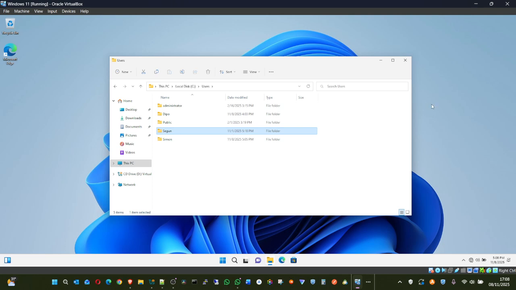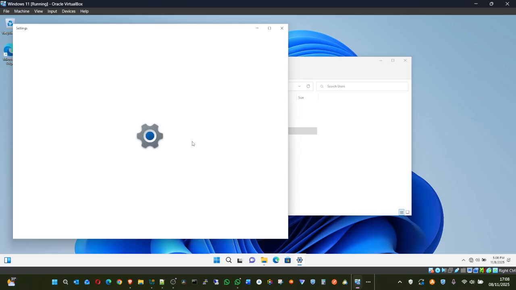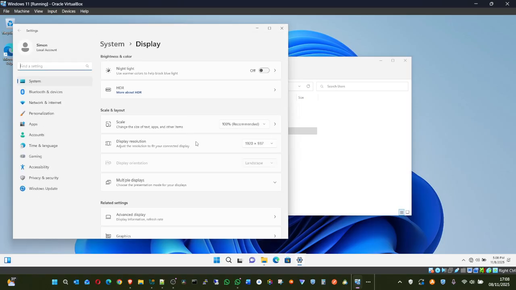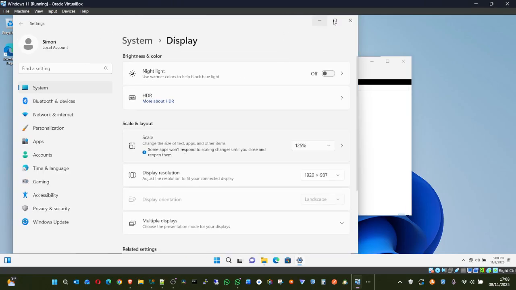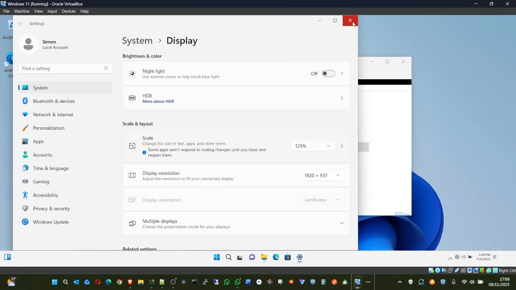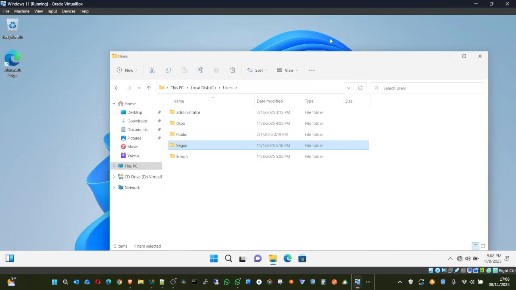Shegun was last week. Let me increase the screen display size so we can see it properly. It may be smaller on your screen. Good.